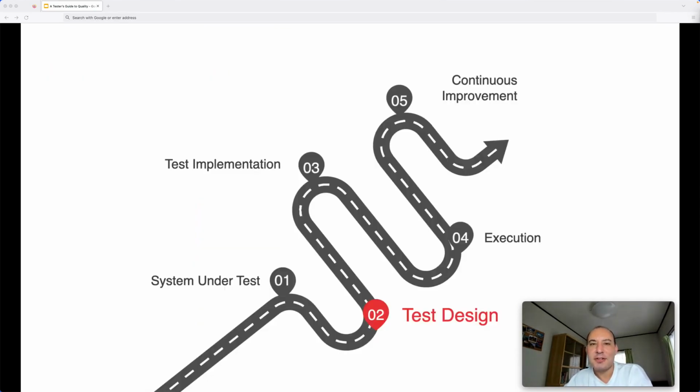After the requirement analysis, the second phase, or the second ring in the whole software testing chain, is the test design. It is very important because even if we know the requirements or the specifications of the system very well, if we don't have the accurate test steps to cover them in the proper way, then maybe we will overlook some issues, because in some use scenarios there may be bugs in the product. And if we are not covering them correctly with our test steps or test cases, then maybe we will have them in the production environment because we will not be able to catch them in time.